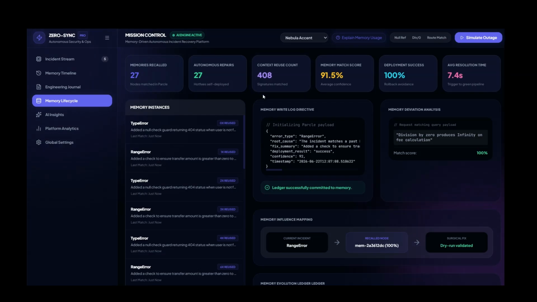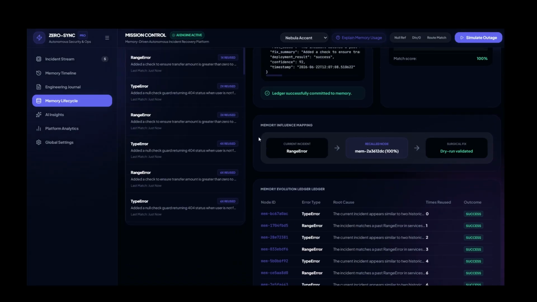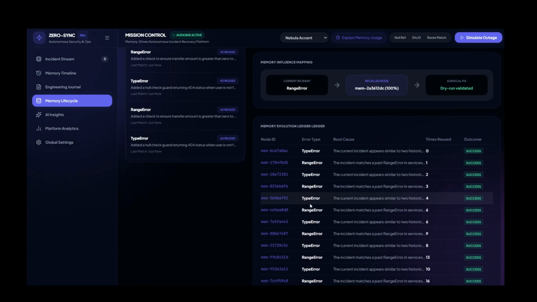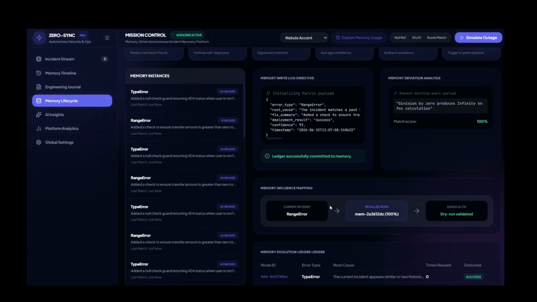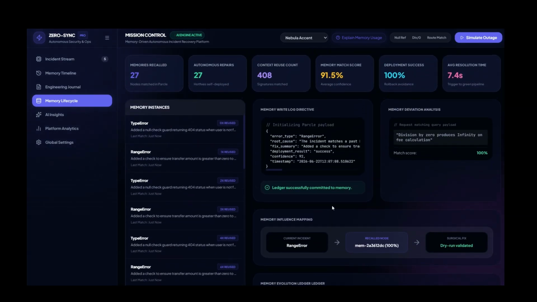This is where the idea of recall and reflect becomes important. Recall means the agent searches past memory incidents and retrieves similar cases. Reflect means the agent does not blindly copy the old fix. It compares the current bug with the previous bug and asks whether the same solution is safe, relevant, and correct. This improves decision making because the agent is using historical evidence instead of only guessing at the current error.